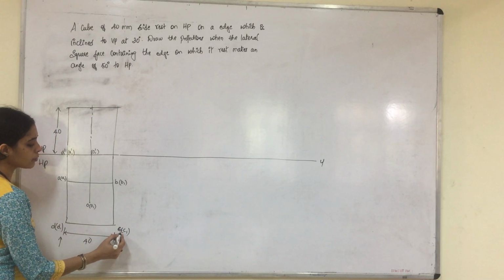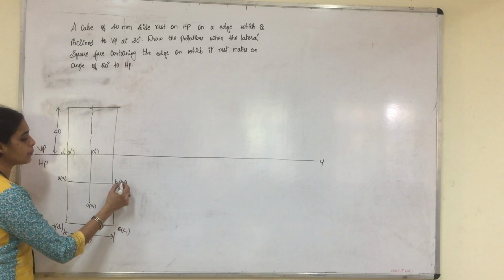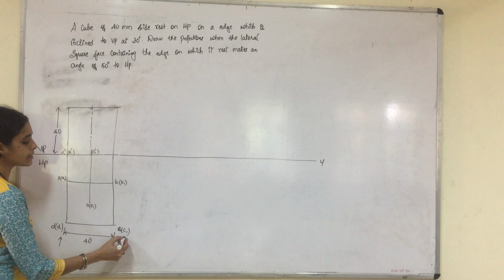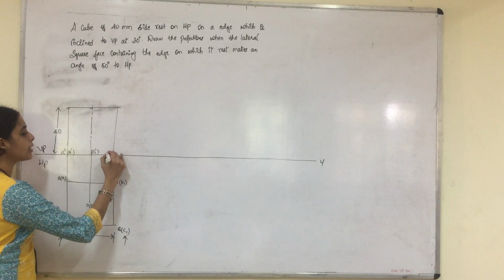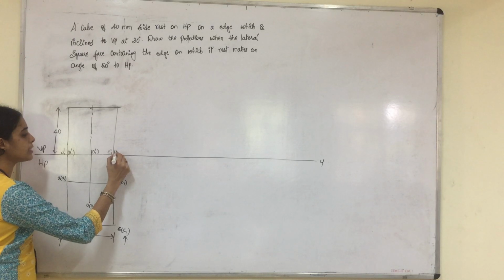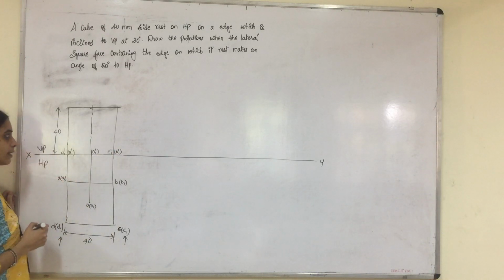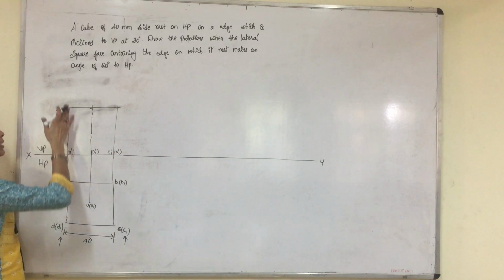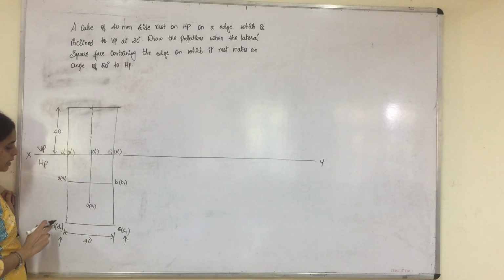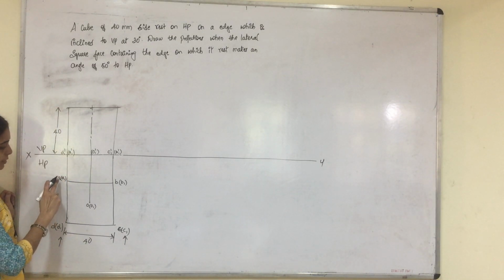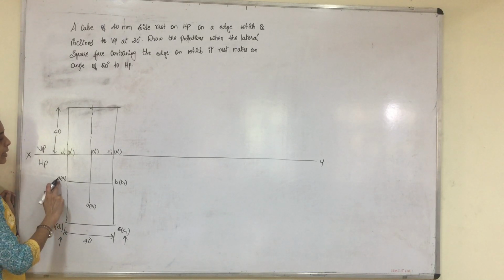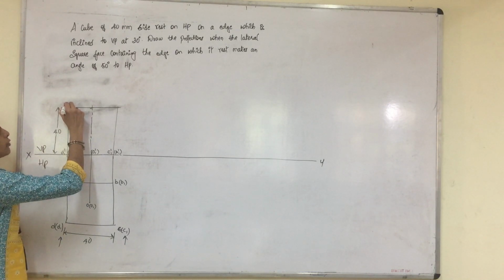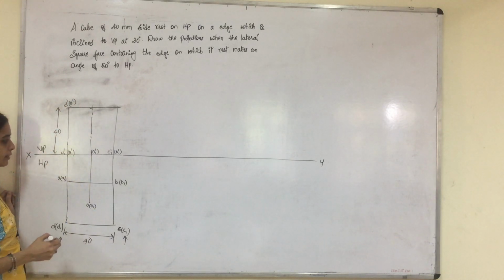And again when the observer views from here, C1 and B1 will be along the same line. C1 will be visible, B1 will not be visible. So you will write C1 dash outside the bracket and B1 dash within the bracket. Similarly give the naming for the top surface. The top surface is associated with A and D. When the observer views from here, D will be visible and A won't be visible. So you will write D dash outside the bracket and A dash within the bracket.